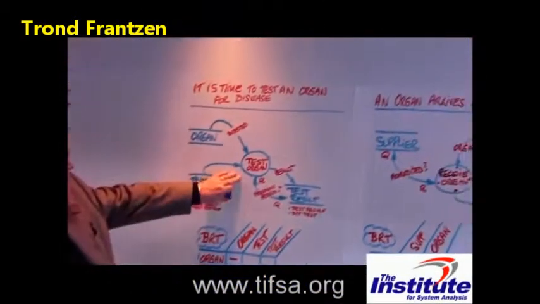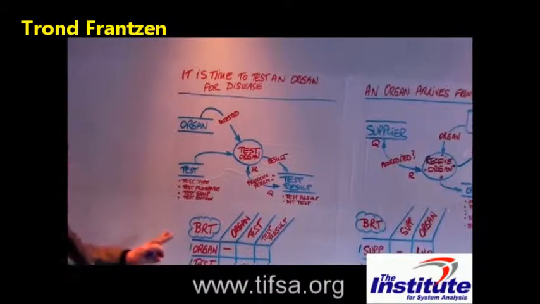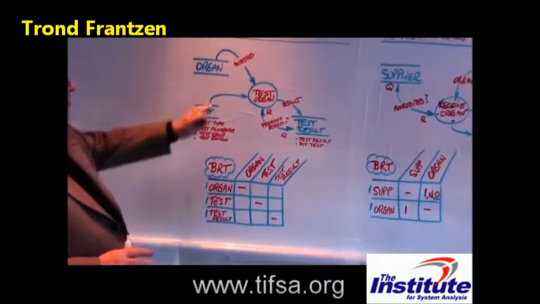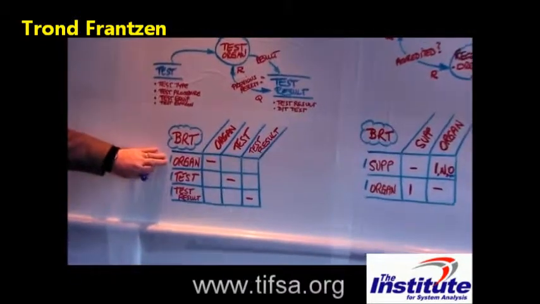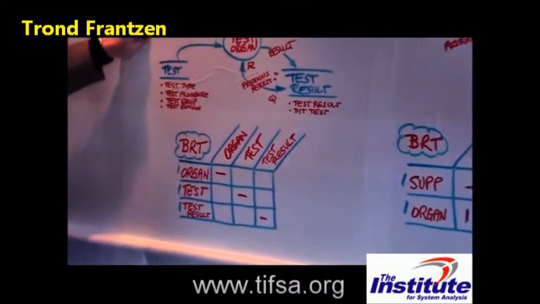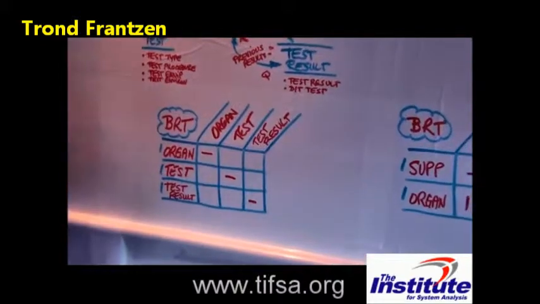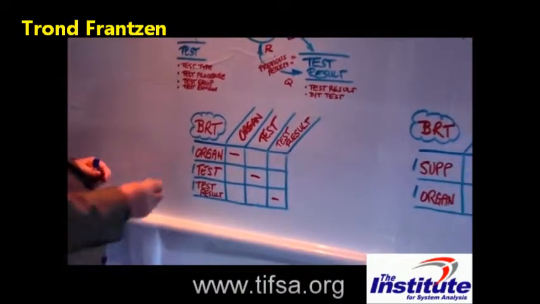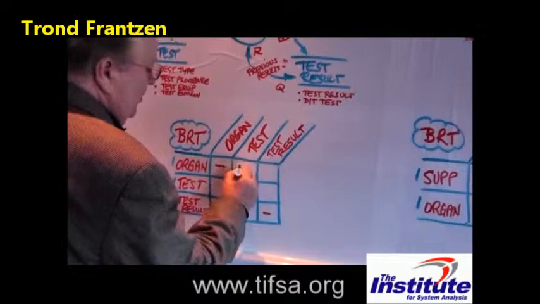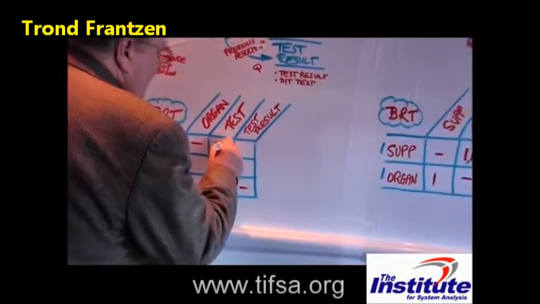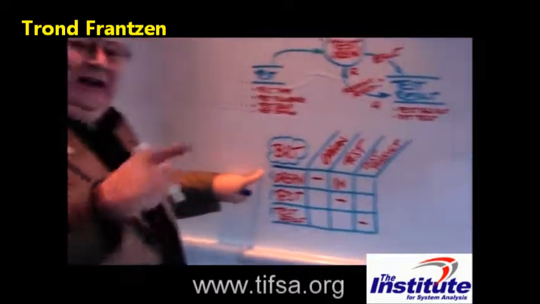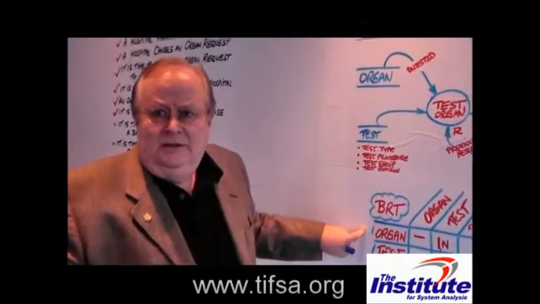All right, let's look at the business rules table for this process, test organ. So all of our questions, again, as a reminder, will be in the context of testing the organ. So for a single specific organ, how many tests would apply to that organ? Now, could there be one? We could say yes. Could there be several? We could say yes. Is it possible that there's never a test that would apply to an organ? The answer is no. There's always a test.